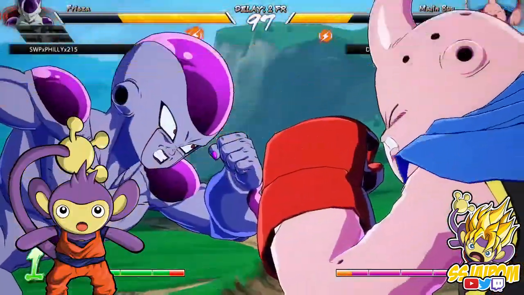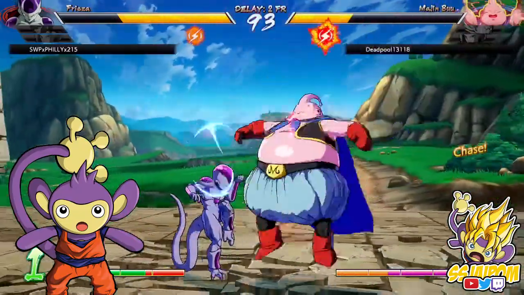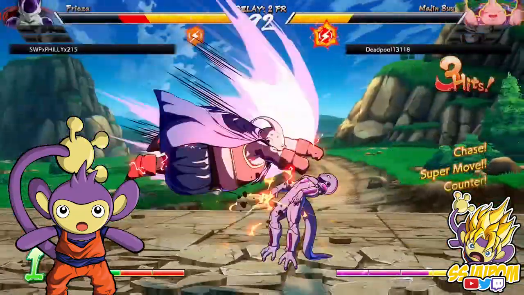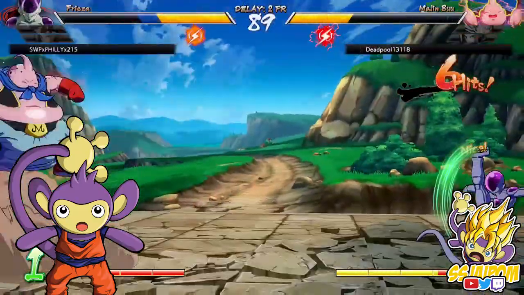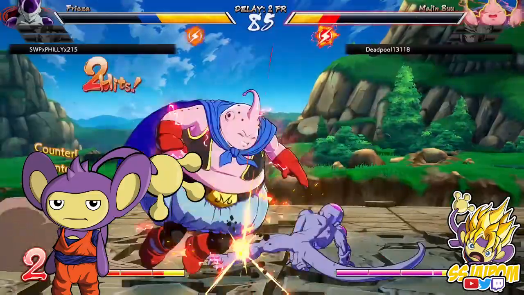A bit of trivia here, Toei Animation actually switched the names of these two. The taller android was supposed to be Android 15 and the shorter guy was going to be Android 14, respectively. Akira Toriyama labeled them with their original names on concept art, and the animation studio was like, hey, nah.